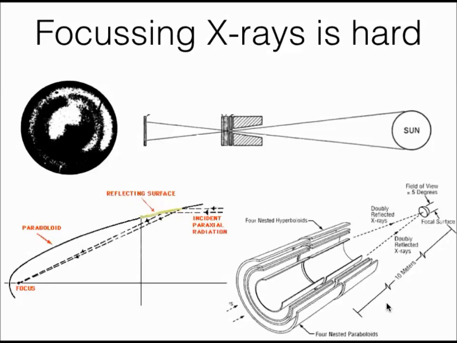Now, to take real images of X-rays is quite complicated because a natural lens will not focus X-rays, and also a mirror normally will not help because your X-rays go through it or get absorbed, but they don't reflect. The only way to reflect X-rays is to have them fall in on the mirrors, not in normal incidence, but in grazing incidence. So if they go at a shallow angle to the mirror, I don't have a mouse here, but there at the part that says reflecting surface, you can make them focused by some sort of paraboloid mirror,